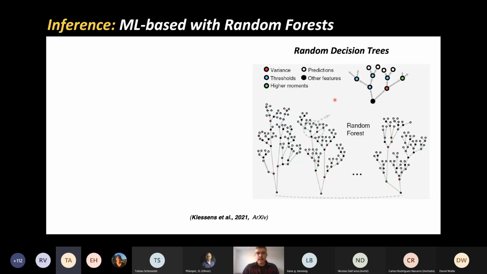The answer is yes. Let's look at an example here of a different type of machine learning application. What we did here is we took random forests, and there's a very important reason why we chose random forests as opposed to a convolutional neural network for this. Feel free to ask if you'd like later on. But the main reason here is that we want a regression problem that is fully probabilistic. That's difficult to achieve with neural networks. Not impossible, but difficult.